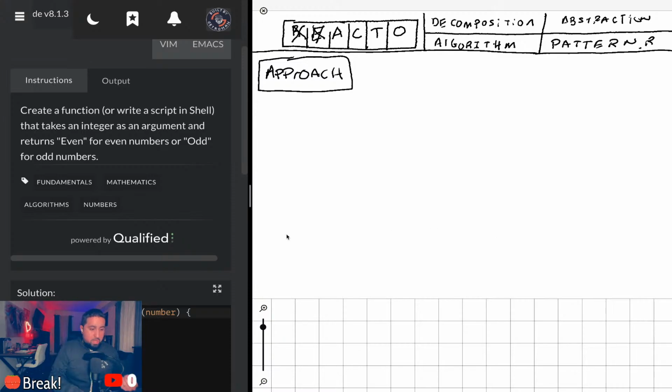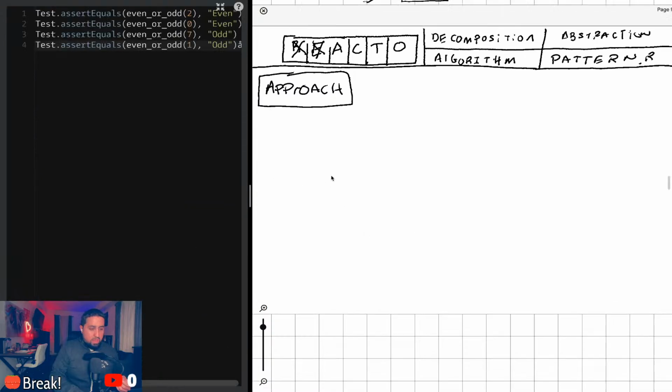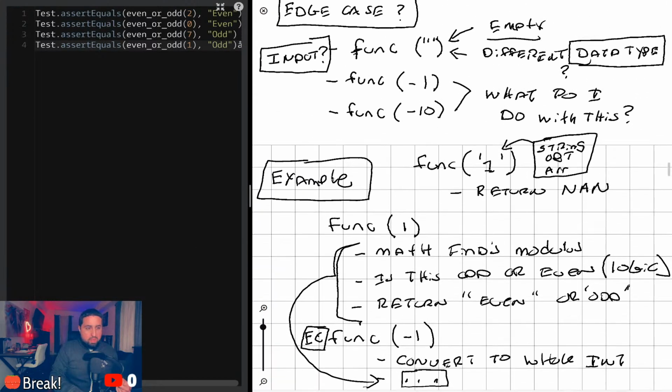So, going back to the test here and some of my notes, I'm only passed one integer at a time, unless they pass an array of integers or some collection of integers, which they didn't say, but I've seen wonky coding challenges like that where they don't say it, but they give it to you as an edge case.